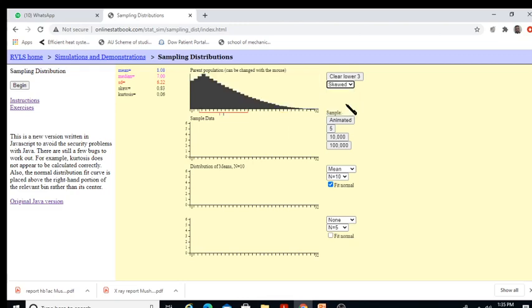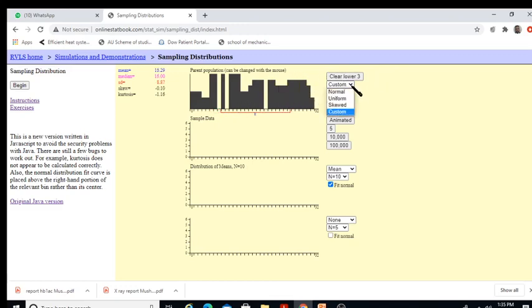Or a skewed distribution, or you can generate your own distribution. For example, by clicking the mouse I can draw this distribution. So I can draw any type of distribution. Let's first start with the normal distribution. Let's say we have a normal distribution here. So what I'm going to do in the first step,